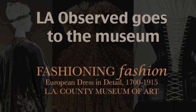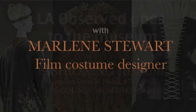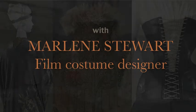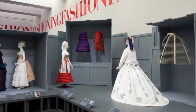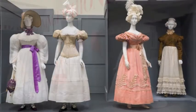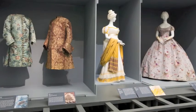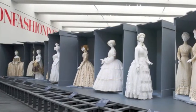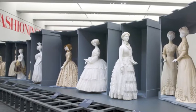So fashion is constantly referring to styles from the past. One of the things that the first part of this exhibit shows is the silhouette. And since the show really focuses on the timeline of the history of fashion from 1715 to about 1915, this particular part of the exhibit shows the extreme variation in silhouette that occurs, and the white really enhances the shape